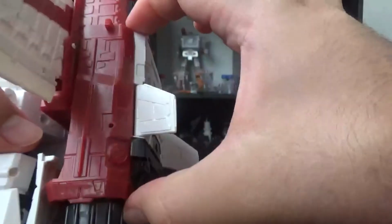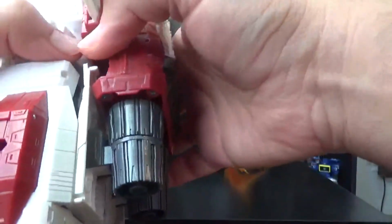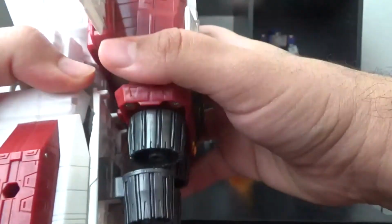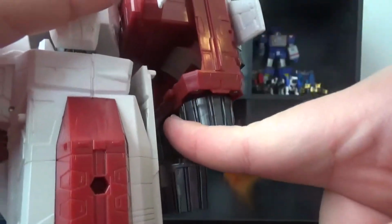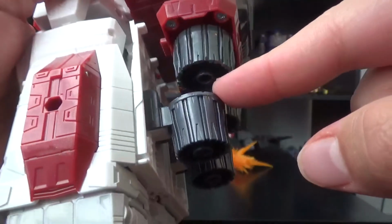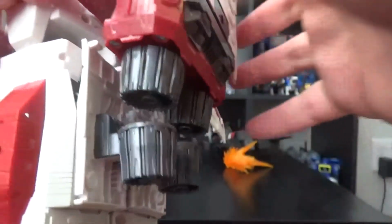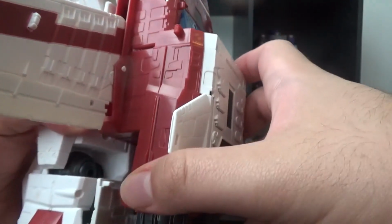basically you want to pull this section up. It's on a hinge like this. I can't find a graceful way to do this, but I'll just wiggle it like that. See how you have this tab right there? Will go in there. Again, a port goes into there. So it all connects in four connections. Just wiggle it, it will free itself. Now on this hinge, just bring it up. But before we do that,